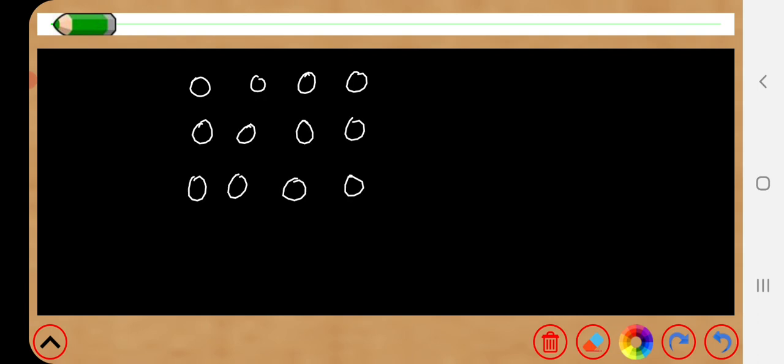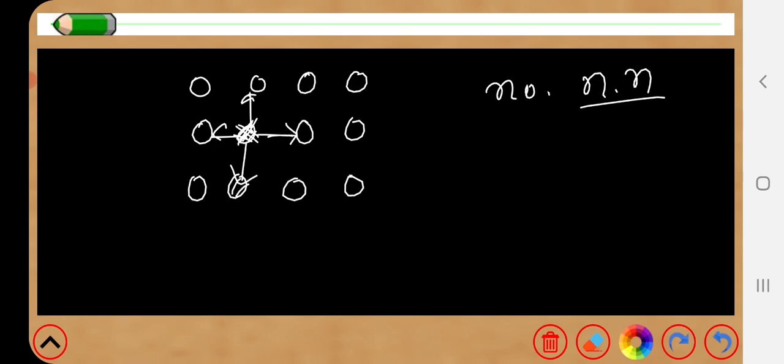As we all know, if we consider any crystal structure, it is made up of a large number of atoms, and these atoms are arranged in a regular way, right? So if we want to find out the coordination number of this atom, then I have to find out the number of nearest neighbors. We can see clearly there are four nearest neighbors, this one, this one, this one, and this one, and all of these atoms are the same distance apart from the central atom. So the coordination number is nothing but 4 here.